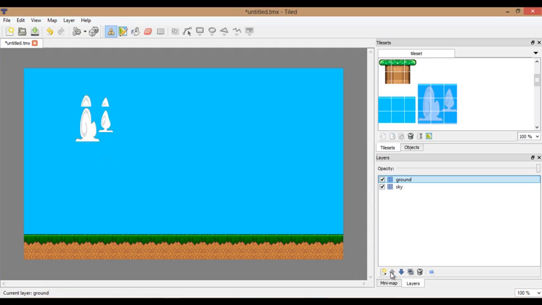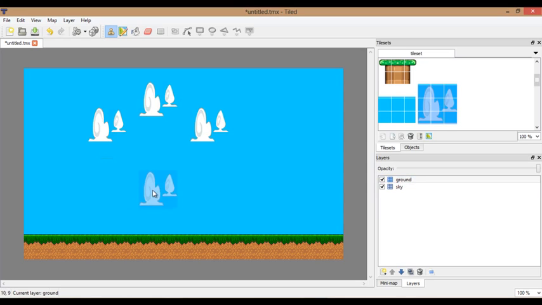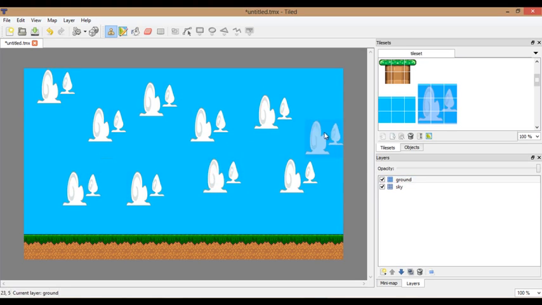move this ground layer up like that, and undo all that, and let's move the ground layer above the sky. So move it above it, and as you see there, I actually undo those. So move the ground layer above the sky, and let's paste up some clouds. Pretty awesome, isn't it? So now we have some awesome clouds going on,